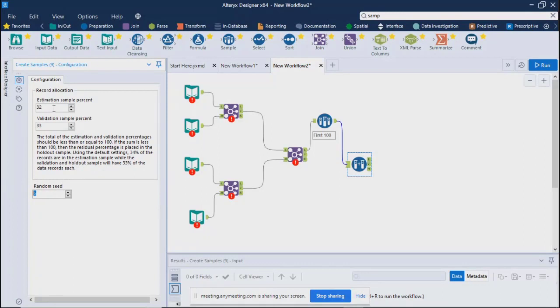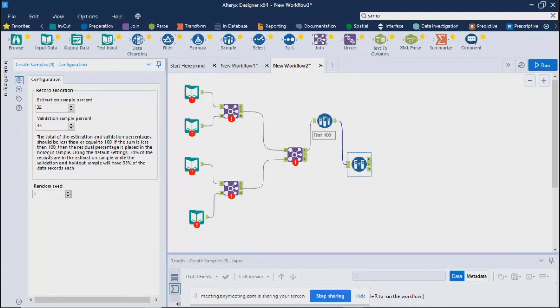records each. So basically, 32% you are taking in estimation, 33 you are taking in validation. There would be remaining, I guess, 34, correct? Out of 100. If you add these two and subtract from 100, you will get around 34 or 35, whatever, right? So those records will be kept in the hold out sample.